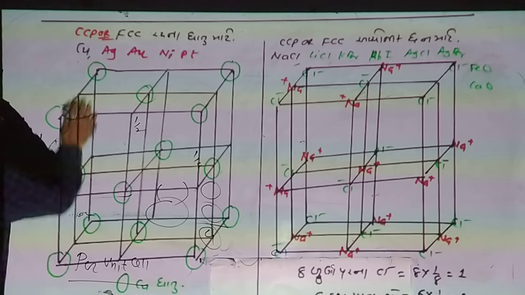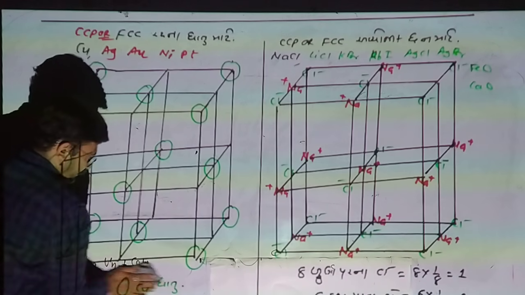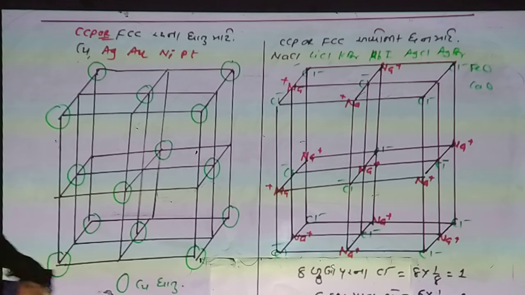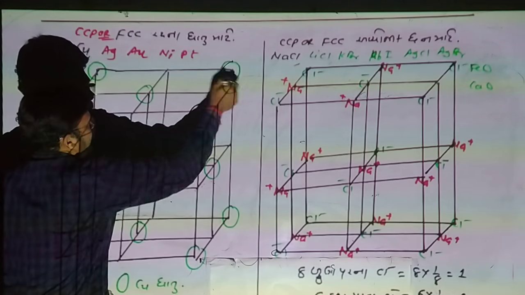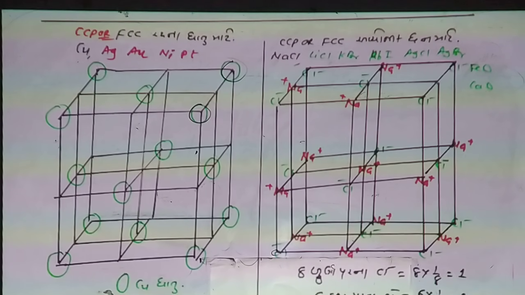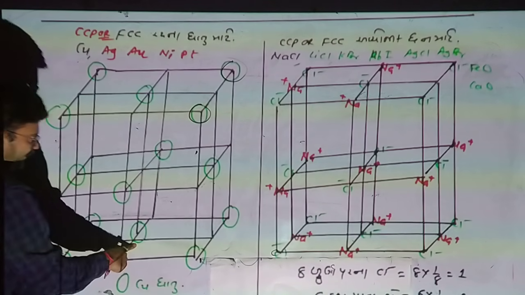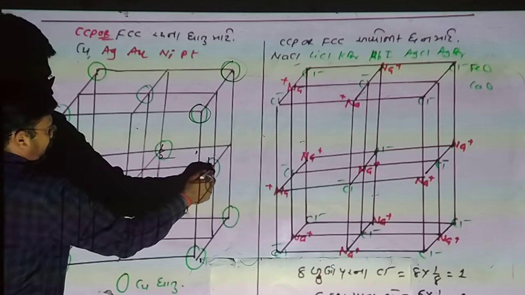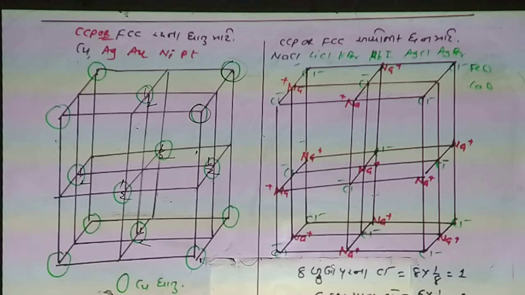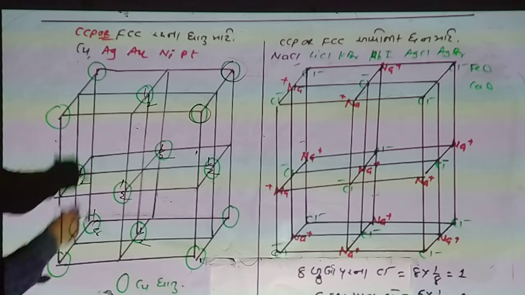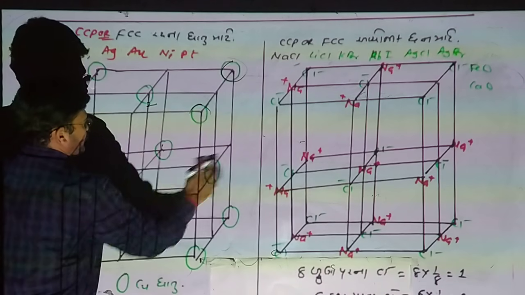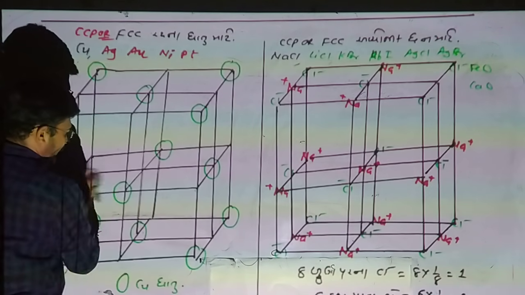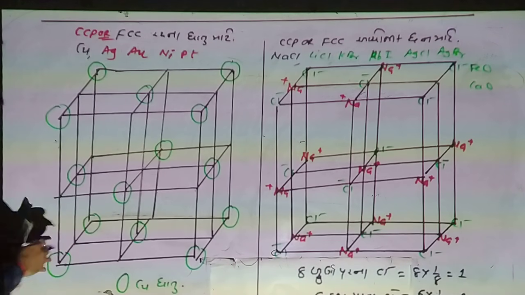Understood? Metals have only metallic bonds. Metals have only a metallic bond. All spheres are of the same size. So due to the corners there is 1 atom of copper, and due to the face centers 3 atoms: 1/2, 6 times, which means 3. And 1/8, 8 times, gives 1. The total is 4 spheres per unit cell, in 1 unit cell of the copper FCC structure.